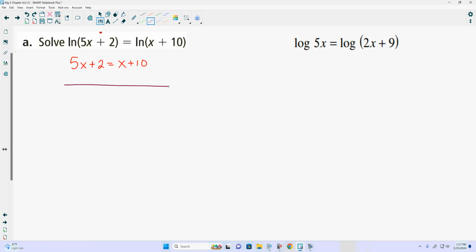We would subtract. So 5x minus 8 is equal to x. And the next thing we can do is subtract: 5x minus negative 8 is equal to negative 4x. And lastly, we would divide by negative 4, telling us x is equal to